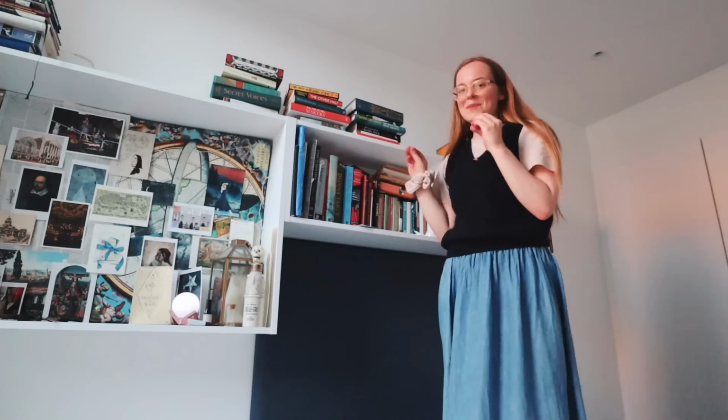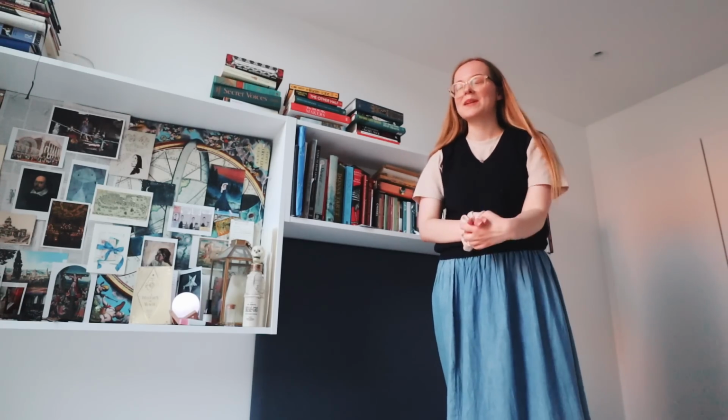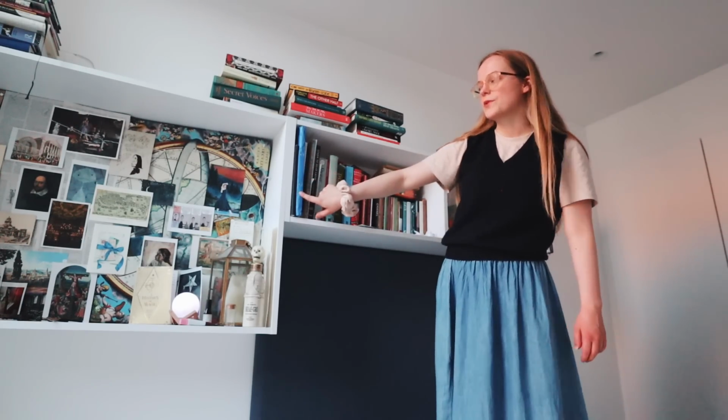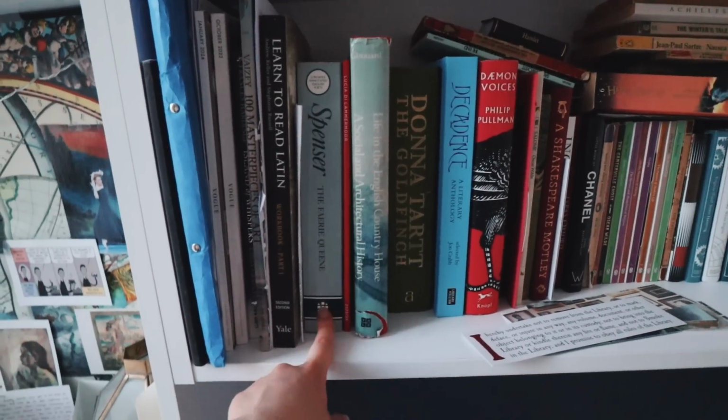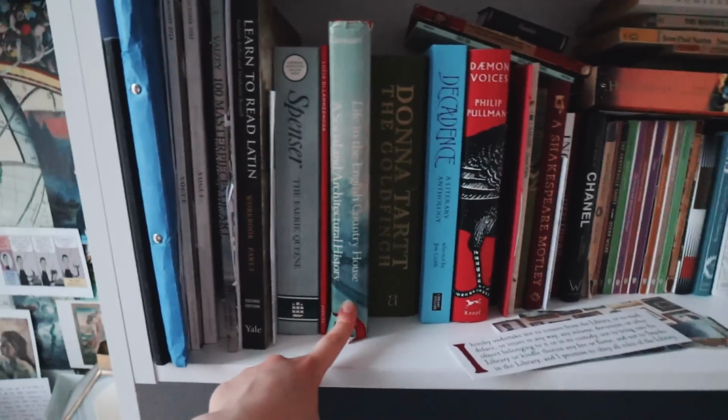Okay, the question is whether you're going to be able to see this. Here are my books. I've bought so many books in Oxford this year because there are so many great bookshops. Here I've got my dissertation folder, which has got printouts of everything that I saw in archives. It's got my transcriptions. Got my Latin workbook, for example, Spencer's The Fairy Queen, Life in the English Country House,